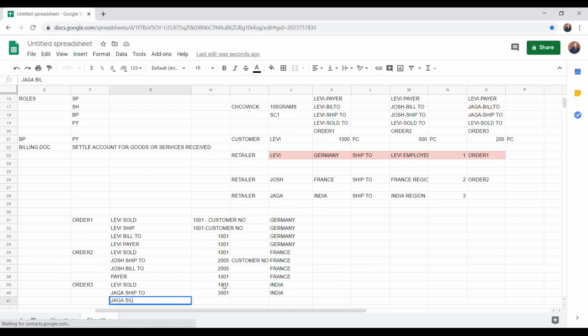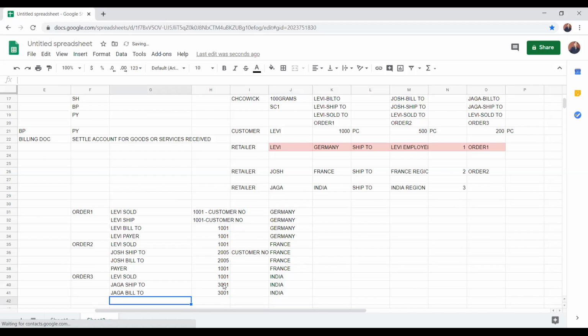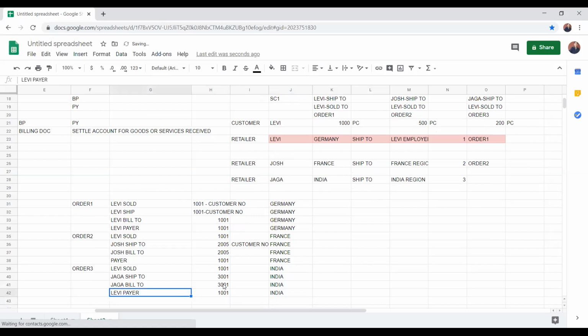So what is the customer code? Jaga's customer code. Who is the payer now? Levi. What is the code for him? 1001. Now you understand the mapping of roles, right?